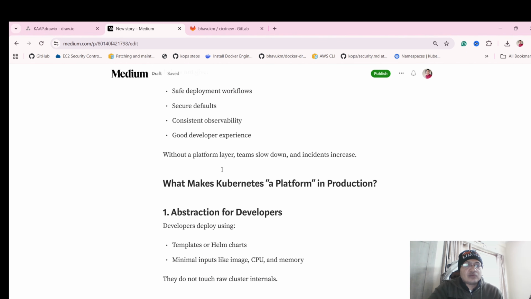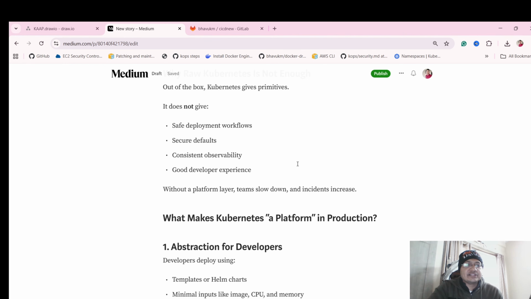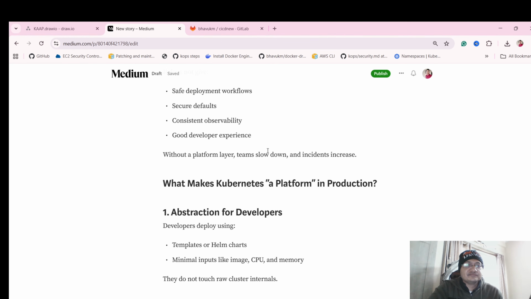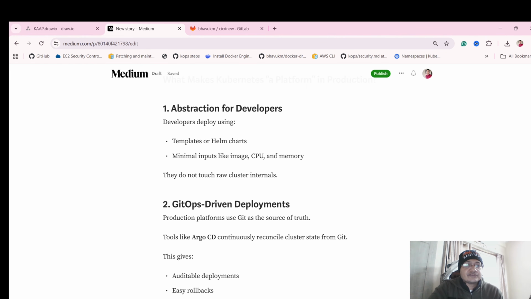Okay, so without a platform layer, teams slow down and incidents are going to increase. So we need a good developer experience, and we need consistent observability as well. All of this is part of the platform itself. As I mentioned, they don't use the core things of Kubernetes, but they're still able to deploy their